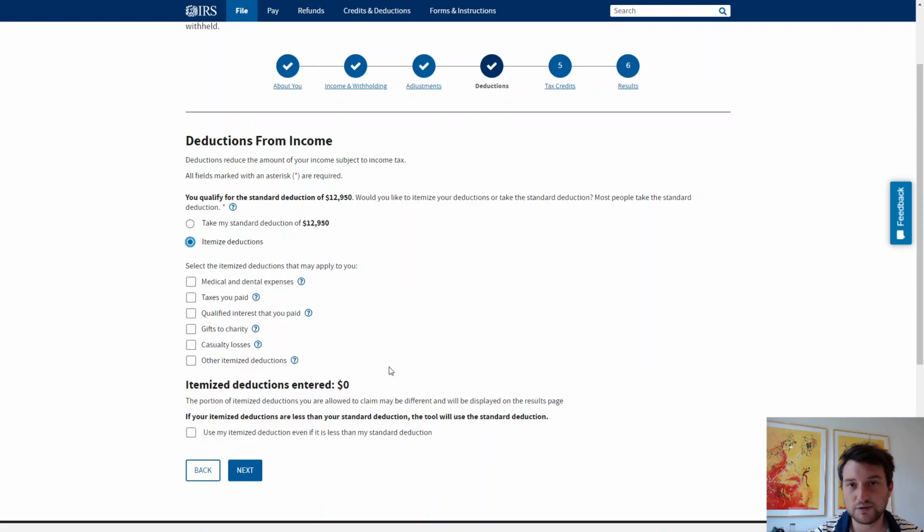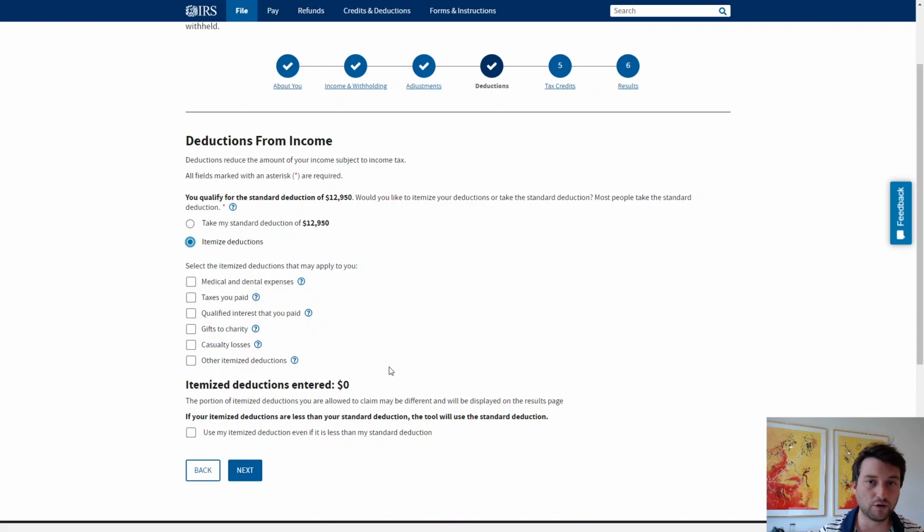Charitable contributions, medical expenses over the threshold, casualty losses, right? If you own your own home, you'll have real estate taxes and mortgage interest, all these types of things that might be deductible on Schedule A of your Form 1040. In this case, we don't have any itemized deductions, so we're just going to take the standard deduction for the